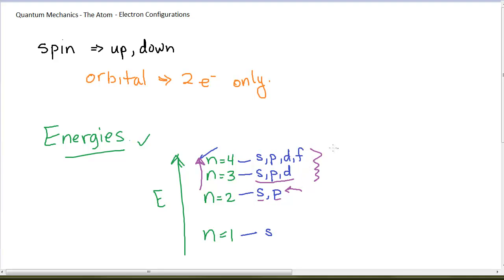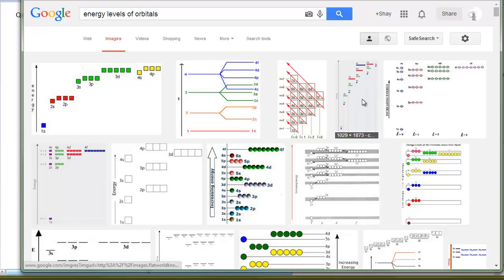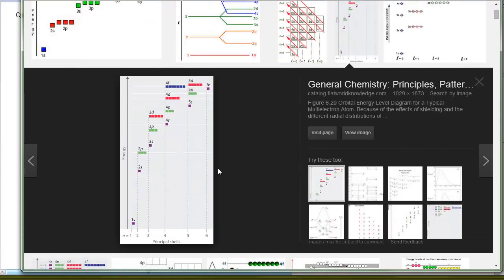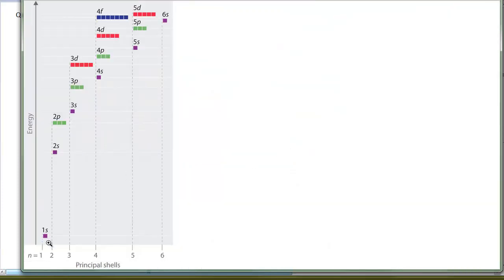We do have some pictures that show how this overlap works, and so we could use the picture to help us fill in electrons. If we look at this picture, we see that n equals 1 is down here at the bottom. The n equals 2 energy level, you see how the 2s and the 2p are separated by a little bit of energy. For the n equals 3 shell, the principal shell, here are the 3 subshells, S, P, and D, and D is high enough that the 4s is actually slightly lower. Here's the n equals 4 shell, and the 4s is a little bit lower than the 3d,